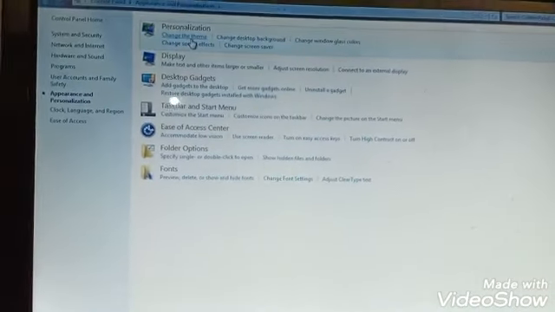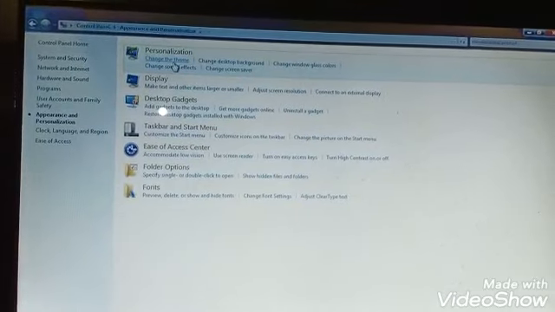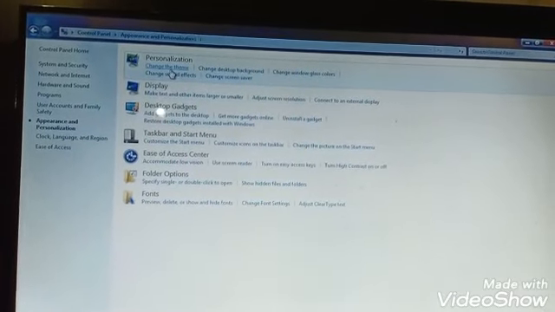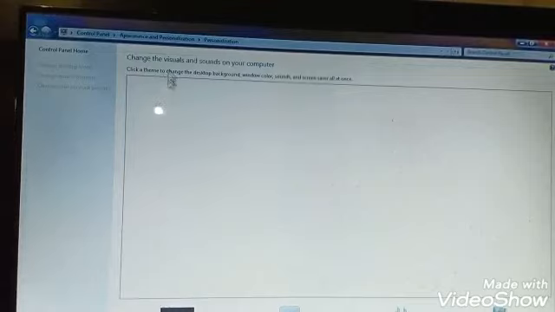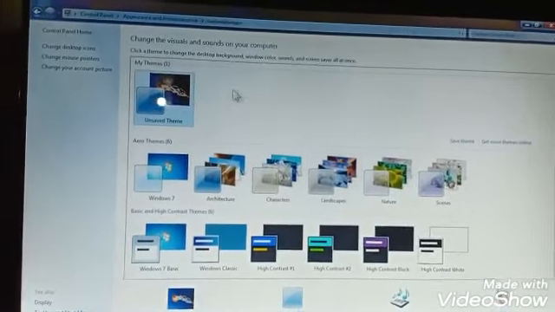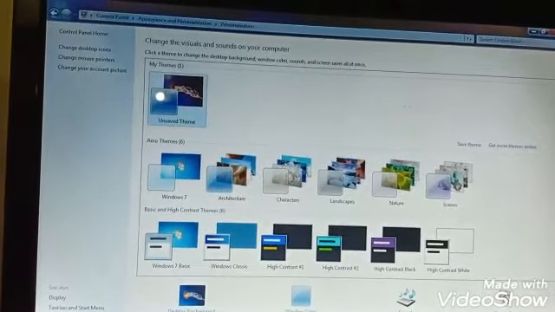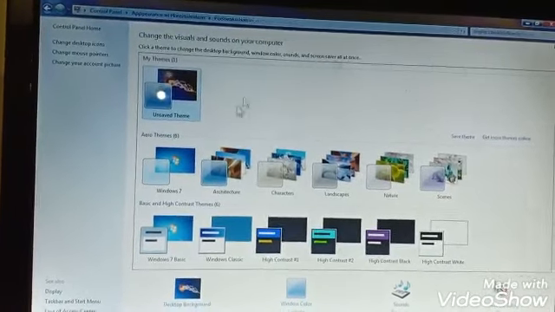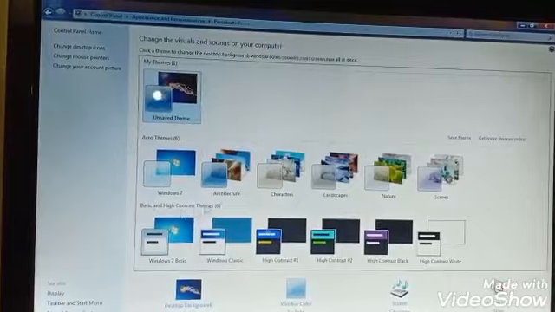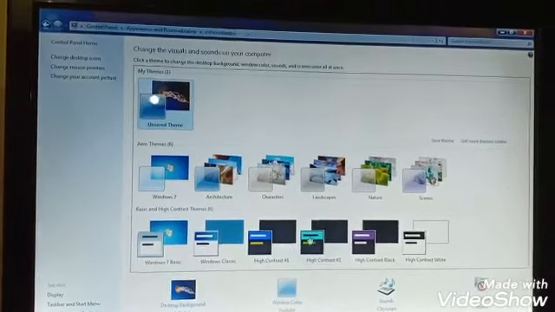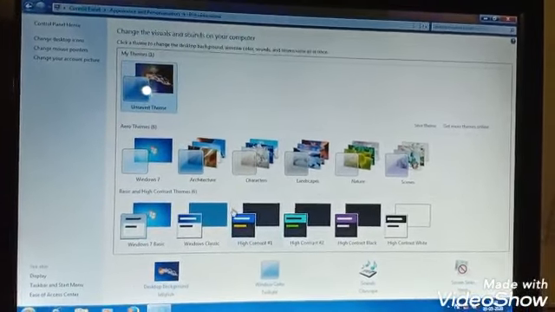In the personalization group, in the right pane the theme window will appear. You can see here a window theme has appeared. Now you have to select a theme and double click on it to apply.